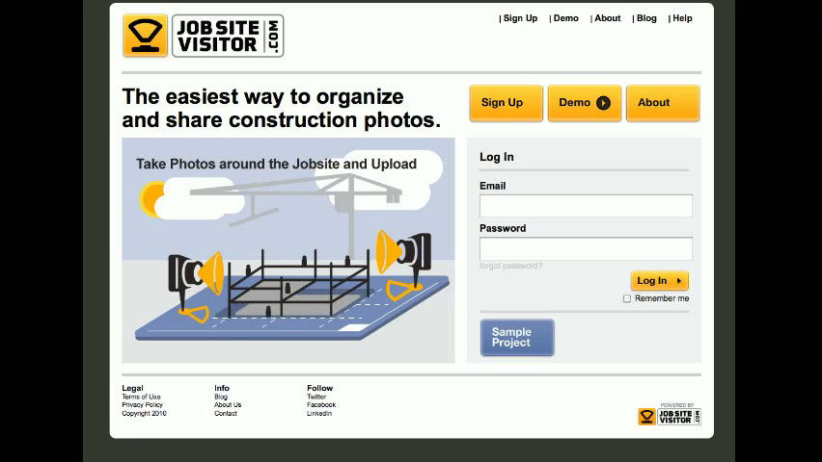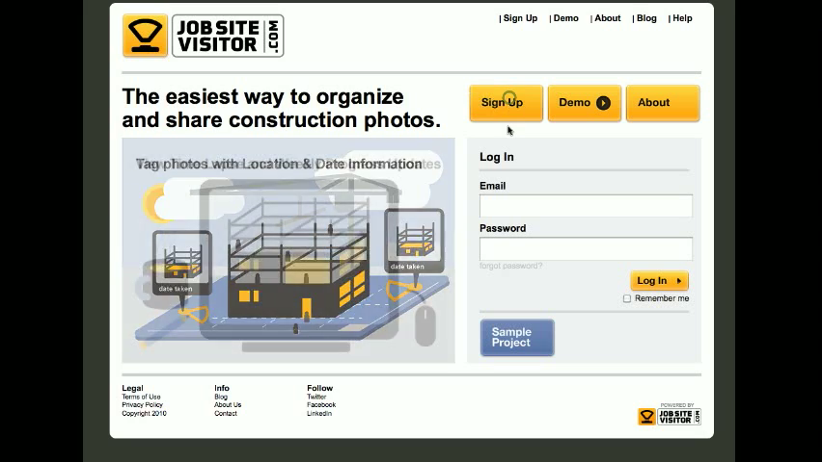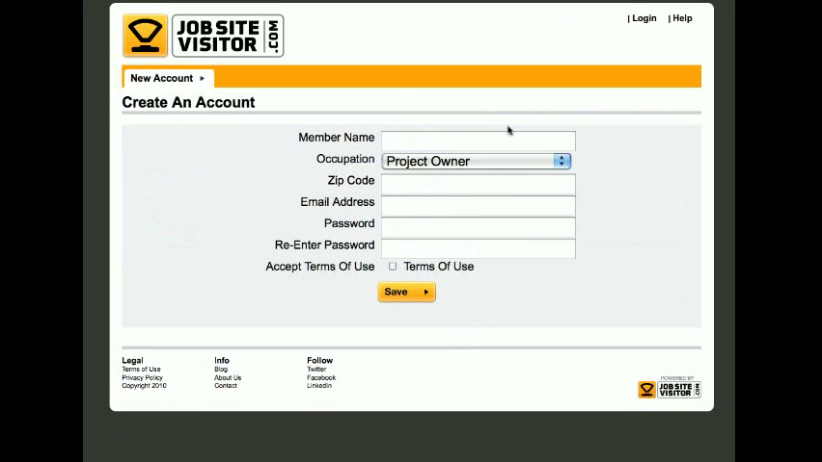This is a quick demo on how to get started with JobSiteVisitor.com. Go ahead and go to our homepage, click on the sign up button. This is going to take you into a create an account page. You enter your name,